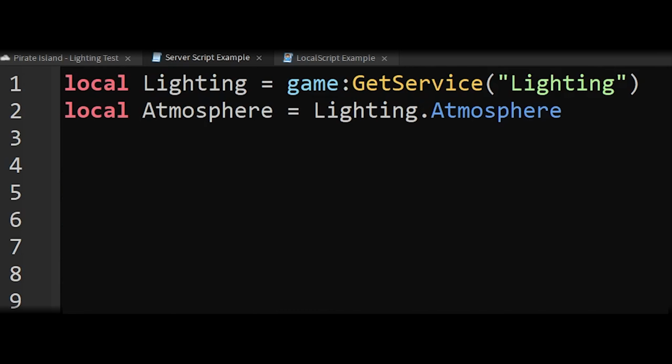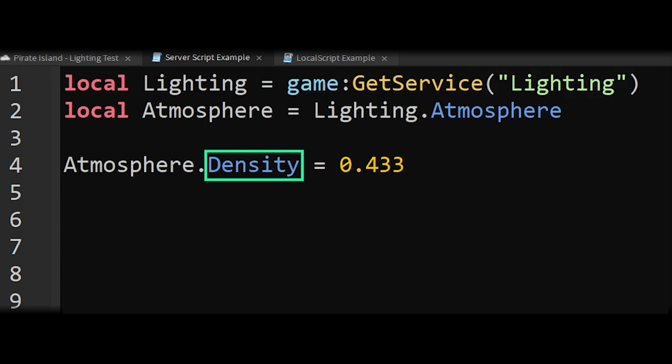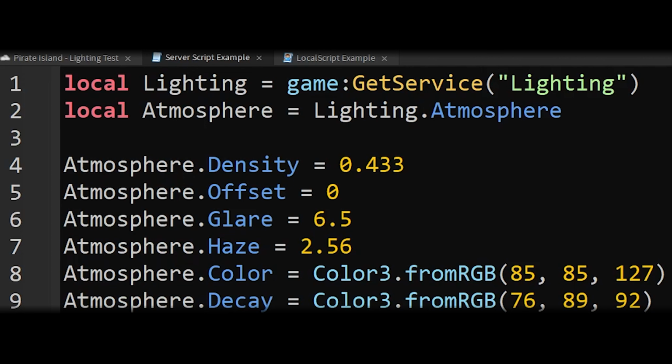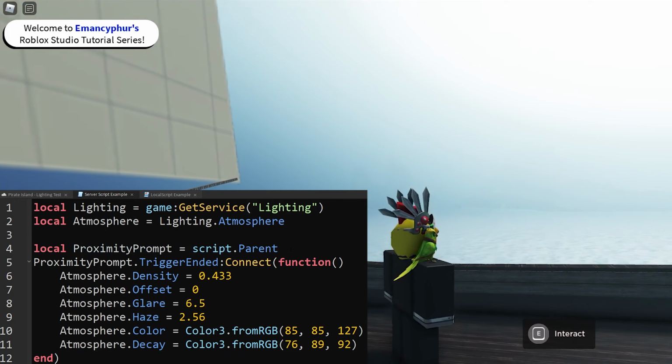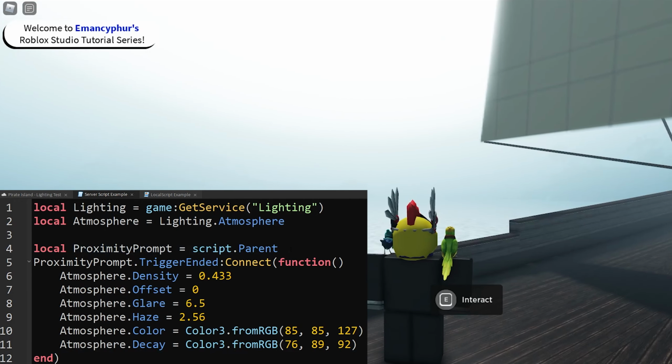After that, we will tell the script to essentially select the atmosphere object and update the property that has this name, which is density in this example, to a new value. This format applies for all of its properties, and can be included during functions so that the atmosphere can be updated whenever you need it to.